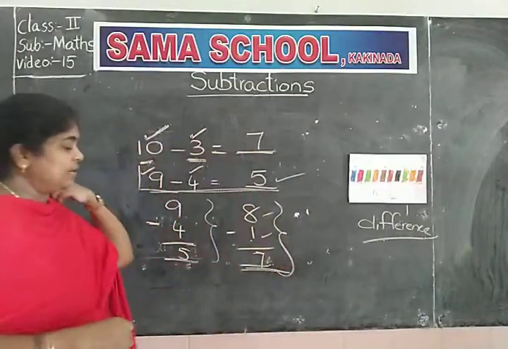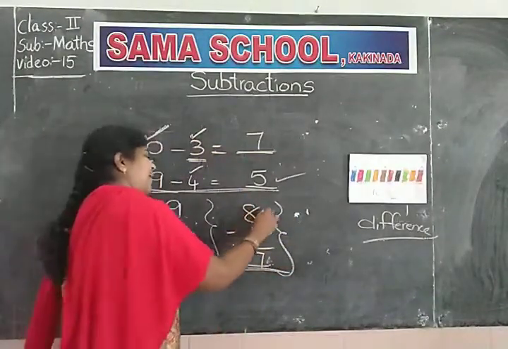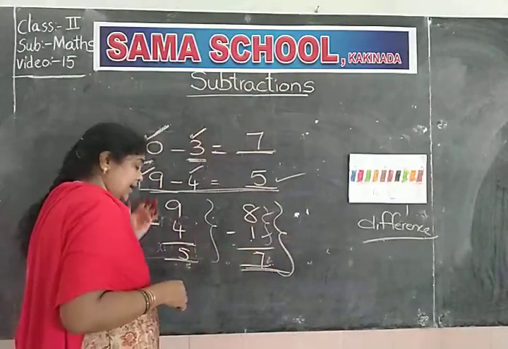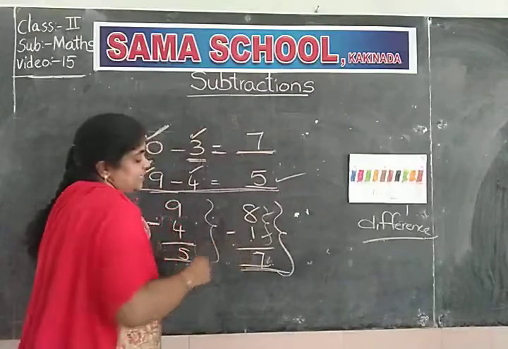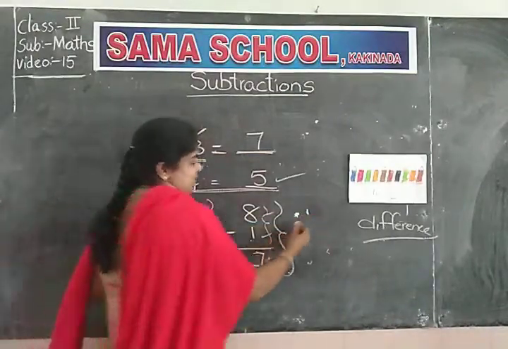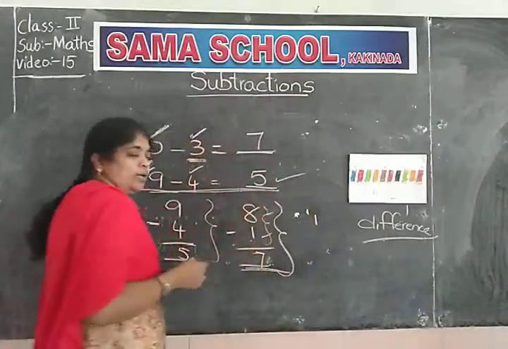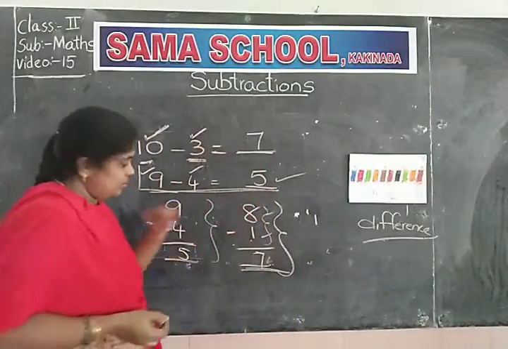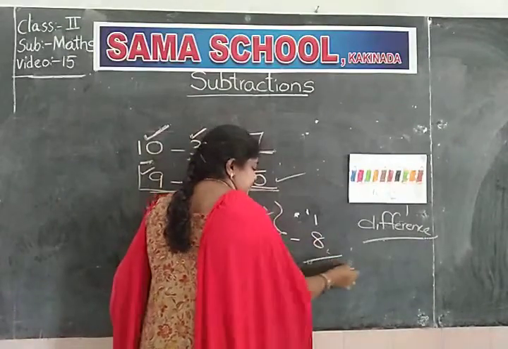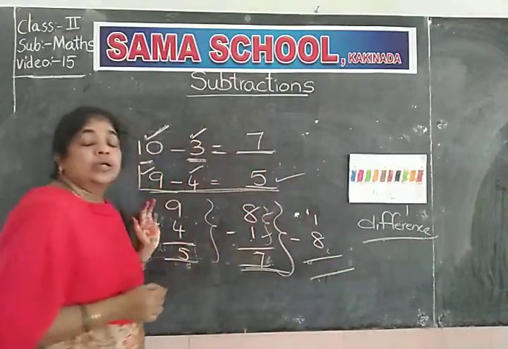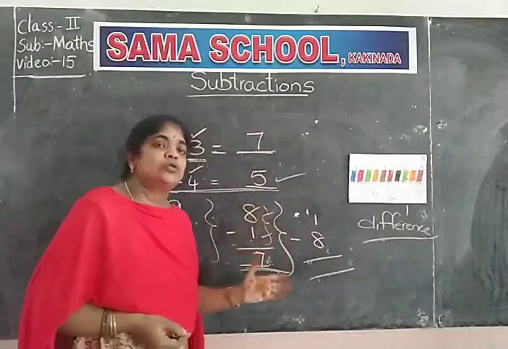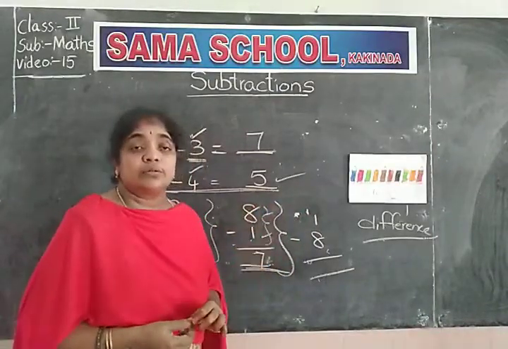Come on, children, tell me, if I change the numbers, what will happen? Okay. First, I am taking the second number as the first number. First, I will take 1. What is the first number here? It is 8 minus 8. Come on. Can we do the subtraction here? Is it possible to subtract 8 from 1?